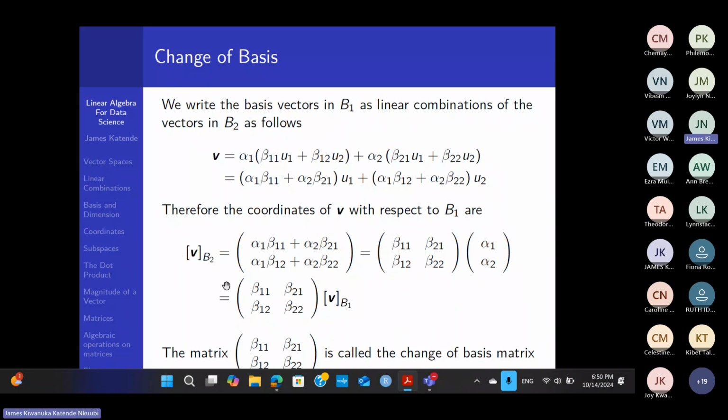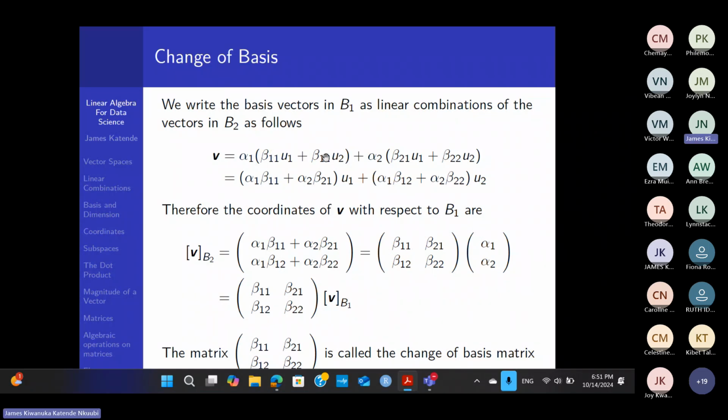So look at this carefully. I'll repeat what happened here again. We wrote U1 as a linear combination of U1 and U2. We also wrote U2 as a linear combination of U1 and U2. So if you look at this matrix,